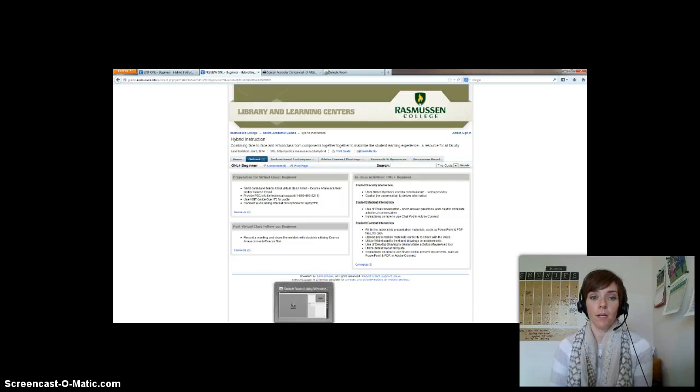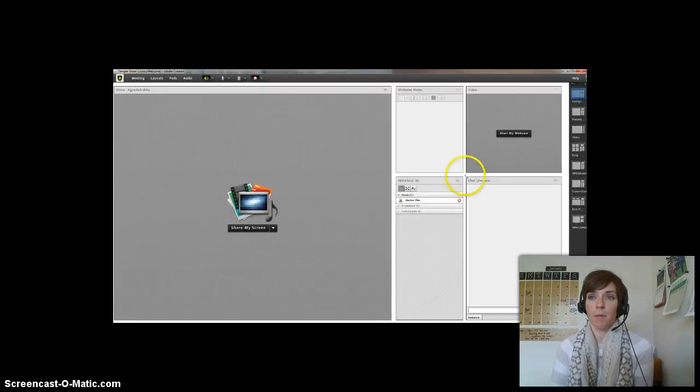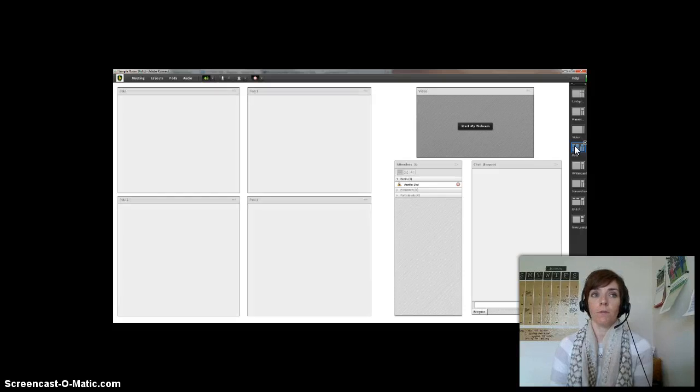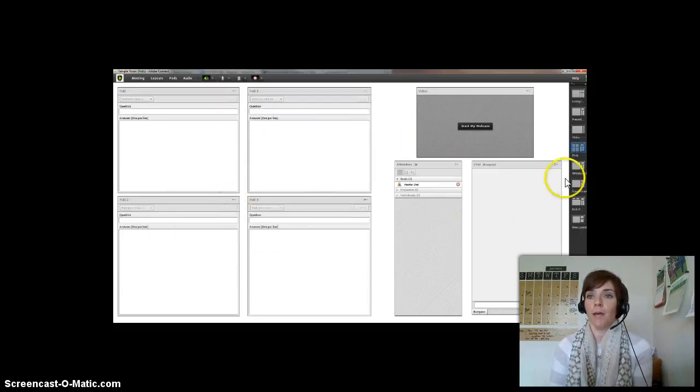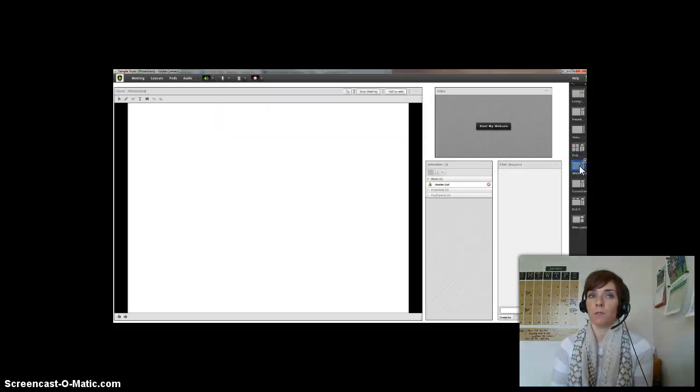Let's take another look at that Adobe Connect classroom, and notice here along the right-hand side, these are the different layouts that have been created for you. Okay, you can come down in here into polls, and you'll see that there are some polls you can go ahead and fill in if you want. Let's go down here to this whiteboard layout. It's a share pod that has a whiteboard, and you can utilize this pencil tool, and then it gives you some different colors that you can select from. Come over here with your mouse